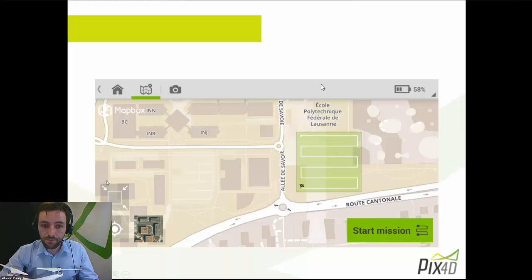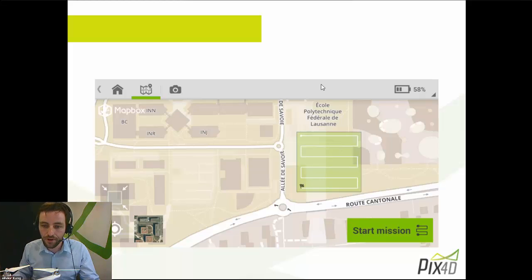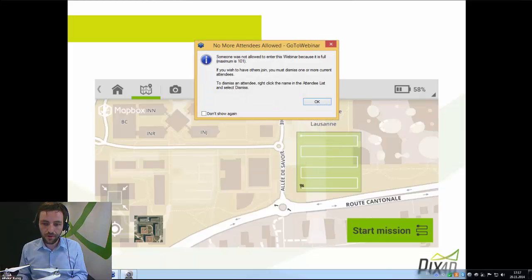There's a map which is displayed in the background, but only if you're connected to the internet. So as long as you haven't started your drone, you probably will have an internet connection from your cell carrier, and then you'll have the map downloaded in the background. Okay, once you have decided where you want to place your survey zone, now you can